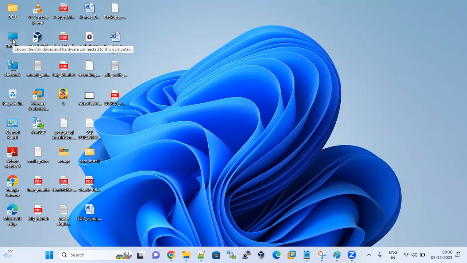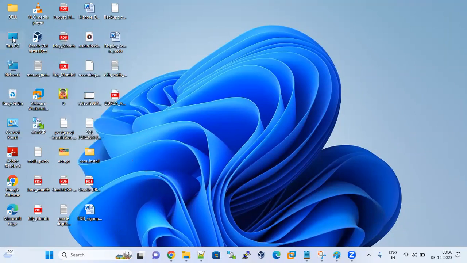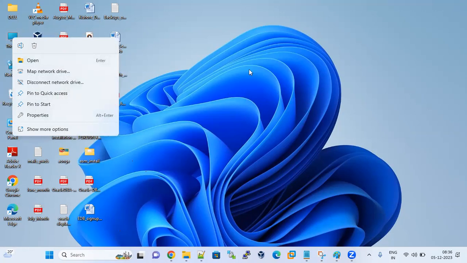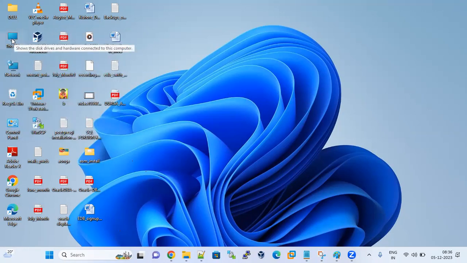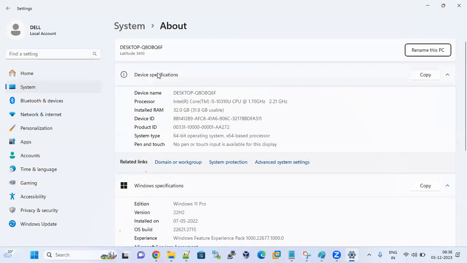Just right-click on the PC icon on the desktop and click on Properties. You can see it here.